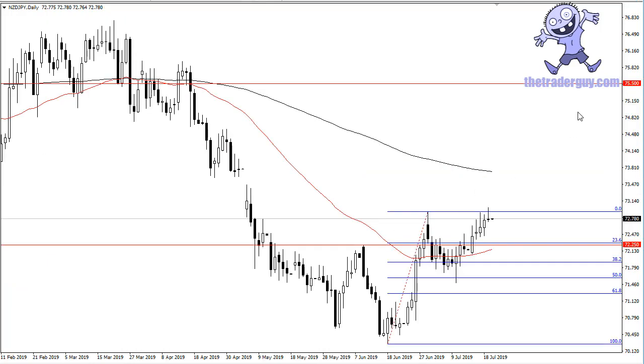And then finally, I'm looking at it against the yen. Now, the shooting star has not broken above it. It tried to make a fresh high here, but pulled back. So this suggests, again, there's probably a little bit of a pullback coming. But again,